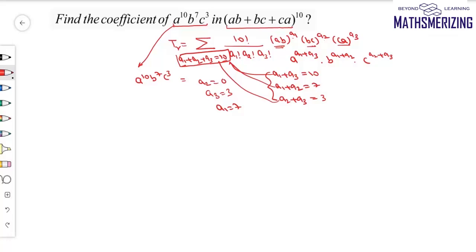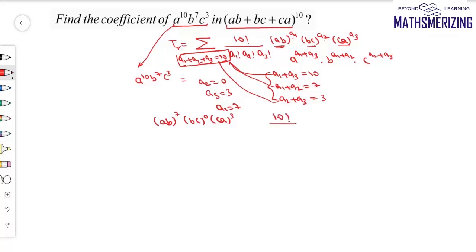So I can express it as AB to the power 7, BC to the power 0, and then CA to the power 3. And you can verify it also. So that is A to the power 10, B to the power 7 and C to the power 3. So I need to find this coefficient. So the coefficient of this term will be factorial 10 upon